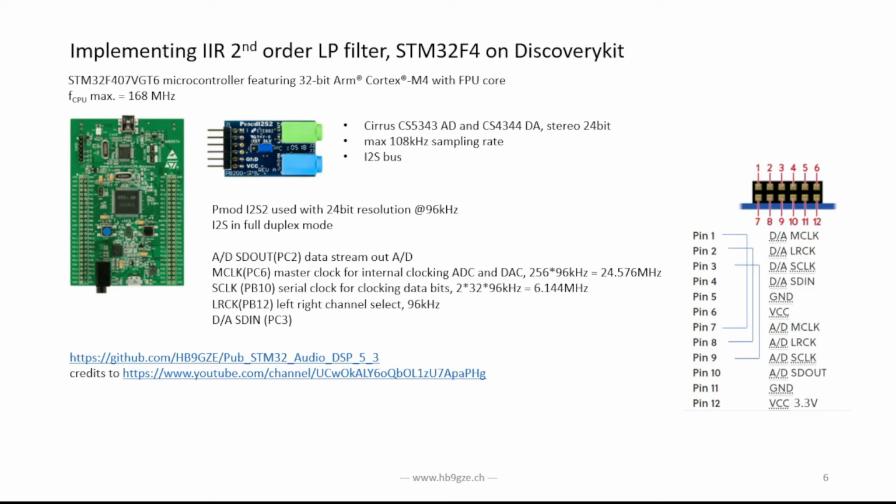And then you have a serial clock. The serial clock is clocking the data bits out, and 24 bits of true data is represented in a 32-bit data stream, which is 4 bytes. So you get your 24-bit stereo data in 2 times these 4 bytes times the sampling frequency. So I have a